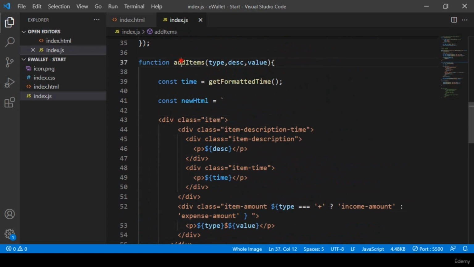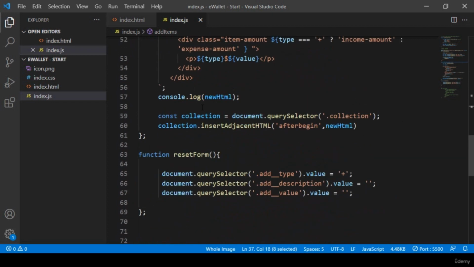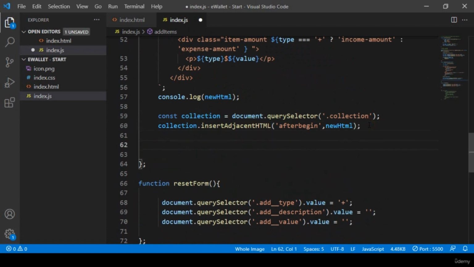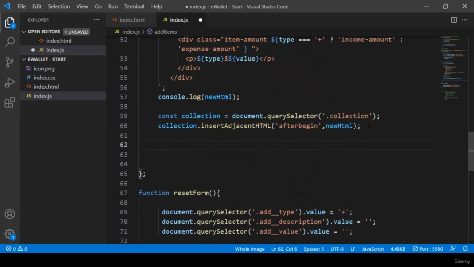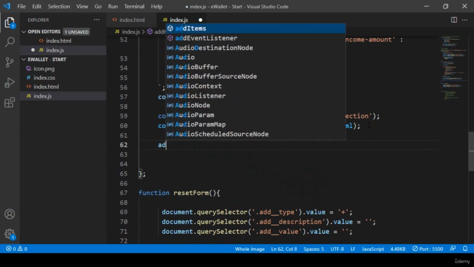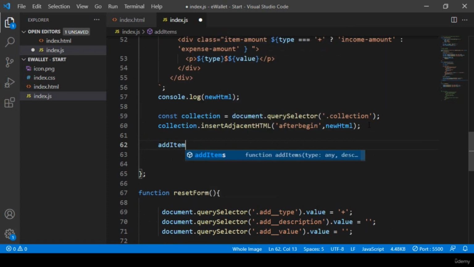I have already got those things in our add item area. So in this area I want to declare a function. I want to actually load this function. I want to create another function named add item to local storage. So this is another function I now want to create, and in this area we have to